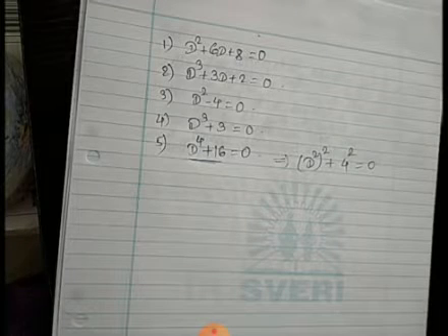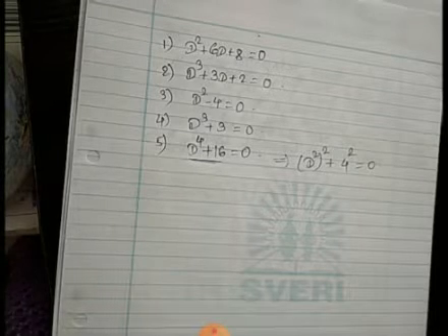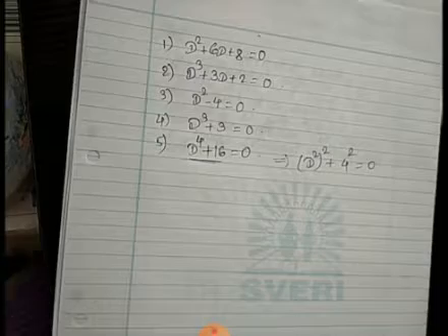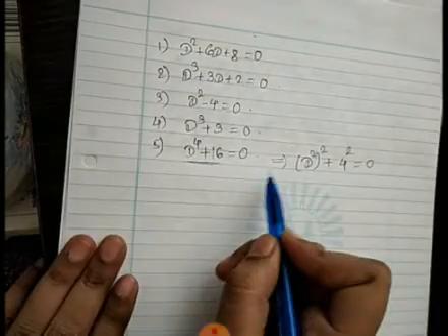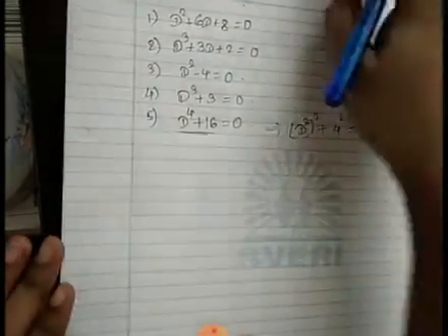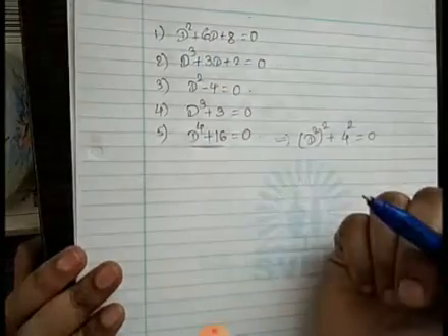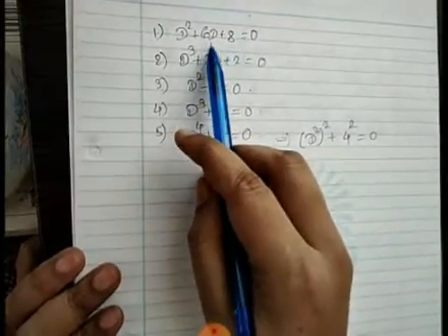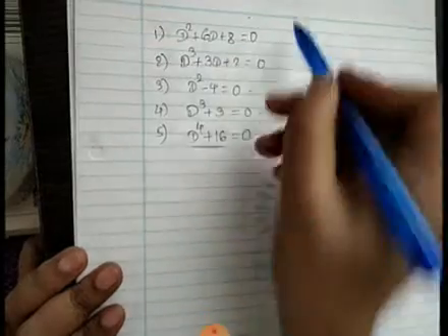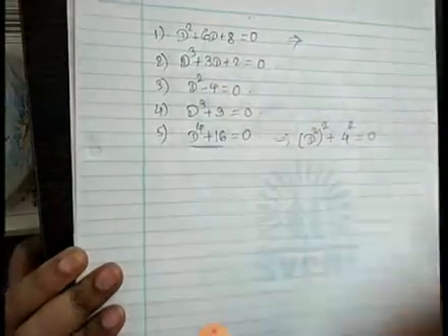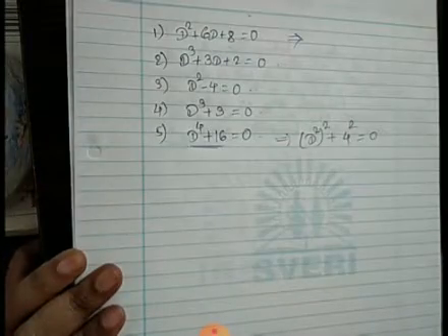Okay, then have you tried for this example? The last one: how to find the factors for d raised to 4 plus 16 equal to 0. This was homework for you, and I think these all were homeworks. So what are the roots for this? Tell me the answers, if you have solved.